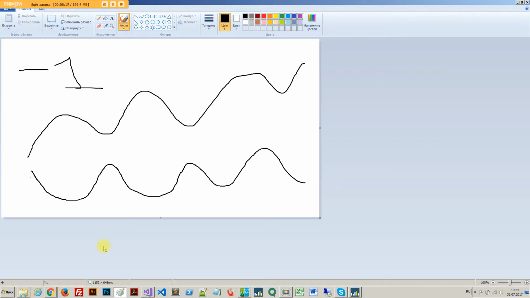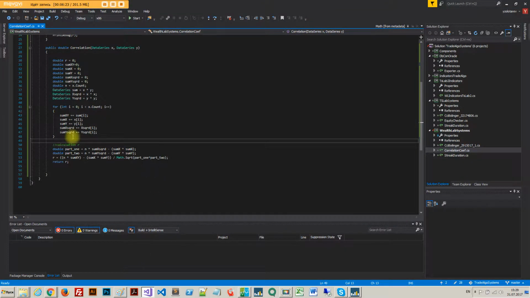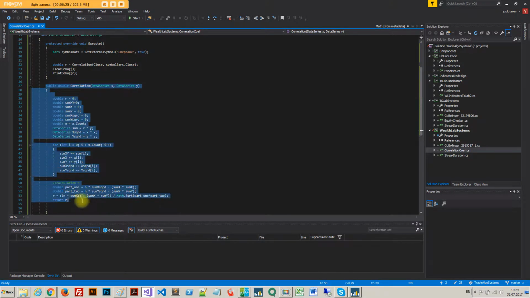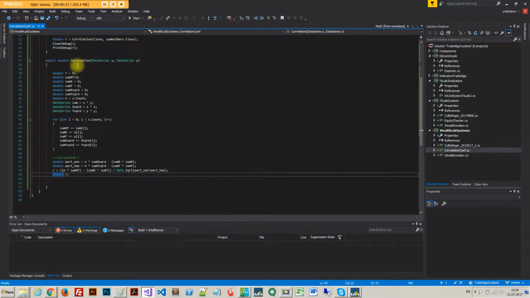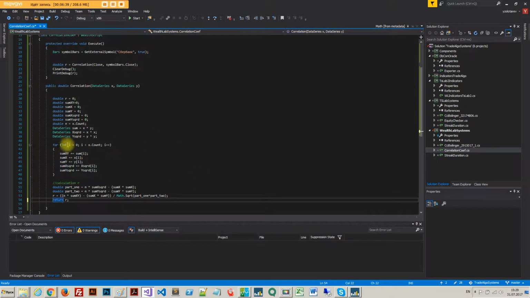Okay, so that's the math behind. It's very easy. Now the code. I wrote a special method right here which returns the correlation coefficient. I'm not gonna stick it in a separate DLL or anything, so it's easier for you guys to use. There's nothing else you can really do with it, but I guess you can change the